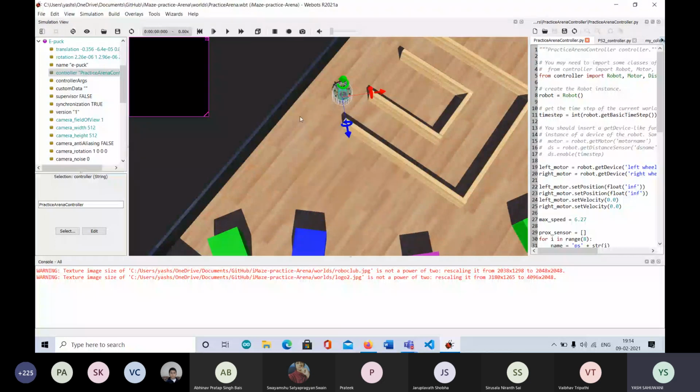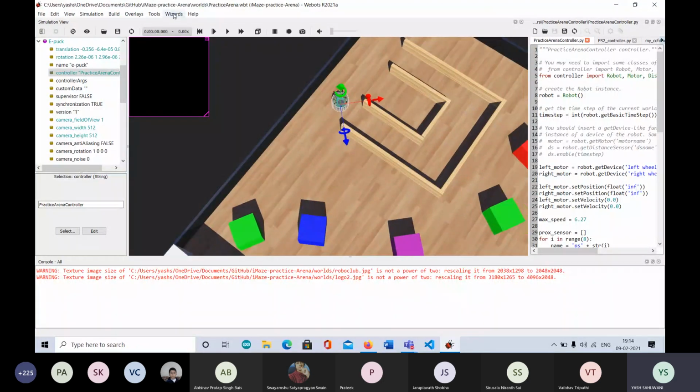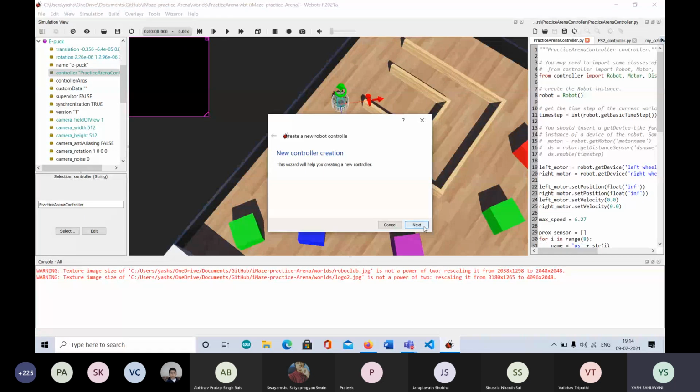Now I'll tell you how to set up your own controller. Setting up your own controller is pretty easy. You go to wizards, you go to new robot controller, and as this pops up, it says this wizard will help you create a new controller. You click on next. As the language that we'll be using for this event is Python, you click on Python, and then you can specify any name.